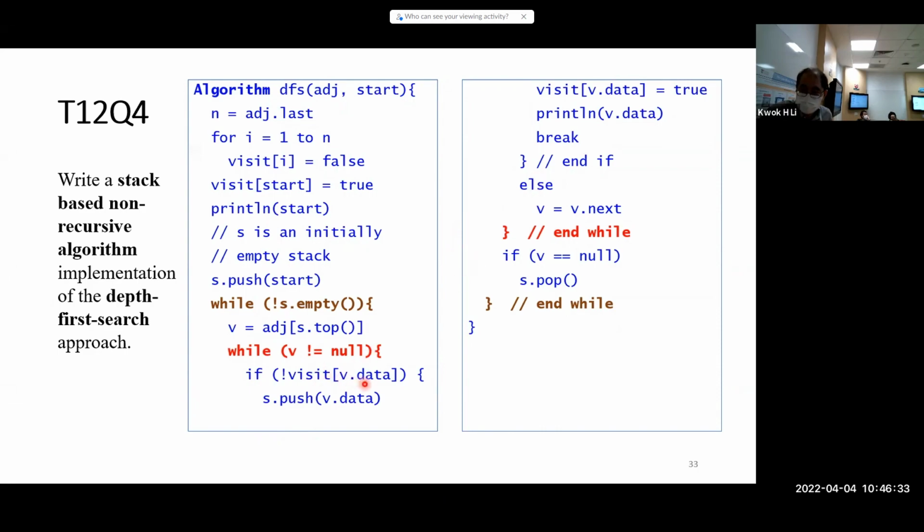If this node is visited before, what should you do? You have a linked list. The node we are talking about has been visited before. What should we do? Then we have to advance the pointer: V is equal to V next. So we go to the next node here and